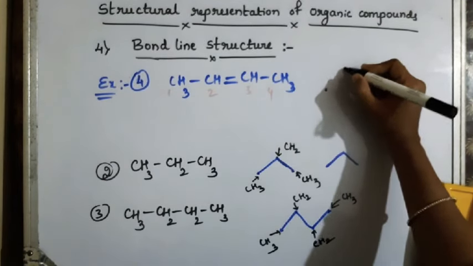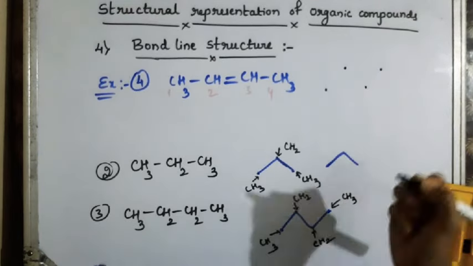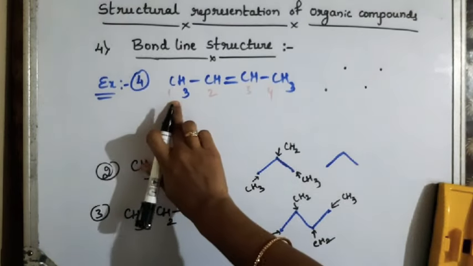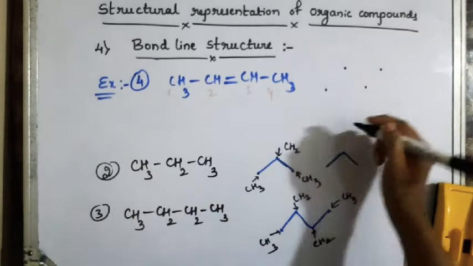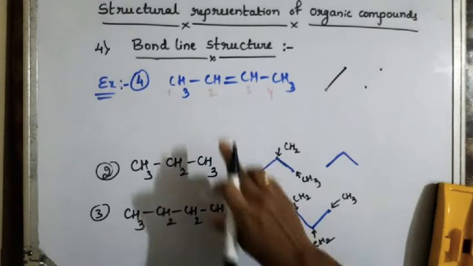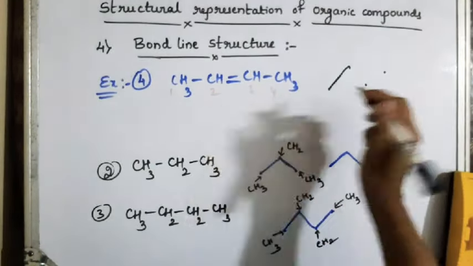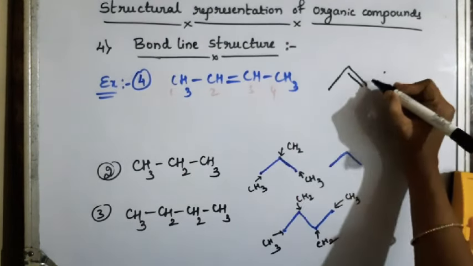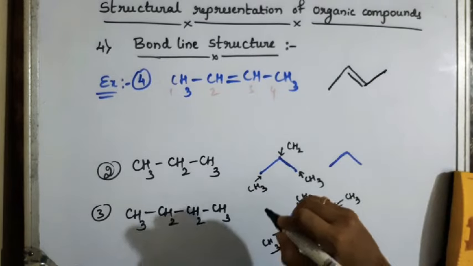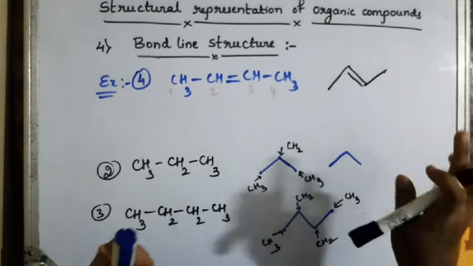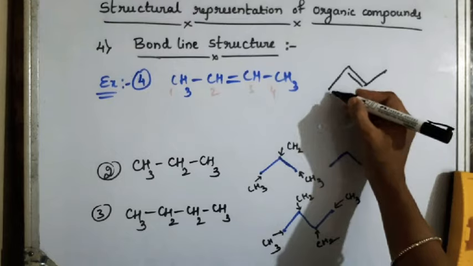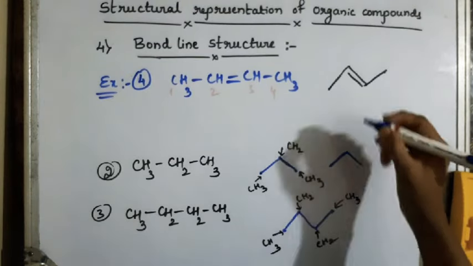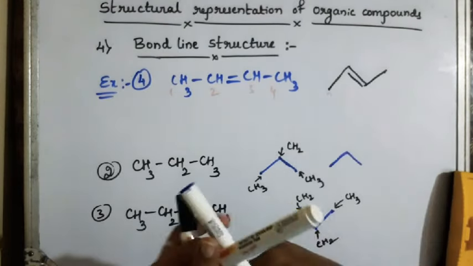So, I'll write 1, 2, 3 and 4. I draw the 4 carbons. Now, what is the bond between the first and second carbon? There is a single bond. Between the second and third carbon, there is a double bond. Between the third and fourth carbon, there is a single bond. So, like this, you have to write. Okay. So, this first end shows the presence of